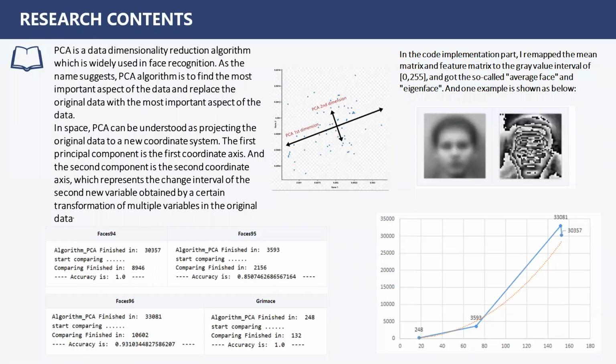The first algorithm is PCA. Actually, PCA is a data dimensionality reduction algorithm, which is widely used in face recognition. As the name suggests, the PCA algorithm is to find the most important aspects of the data and replace the original data with them. Let's look at this picture. Those points are in this two-dimensional